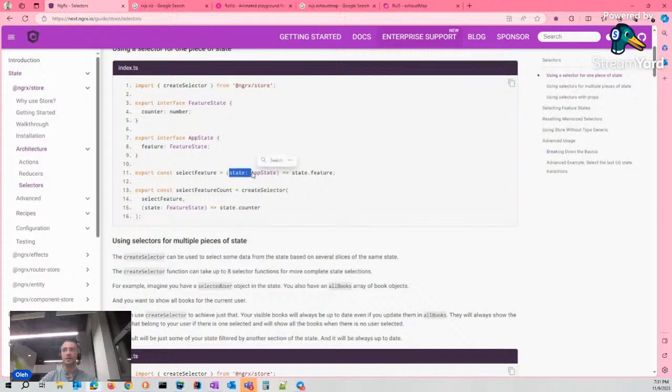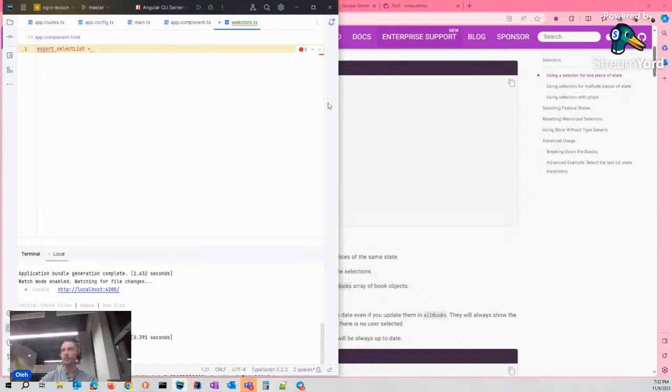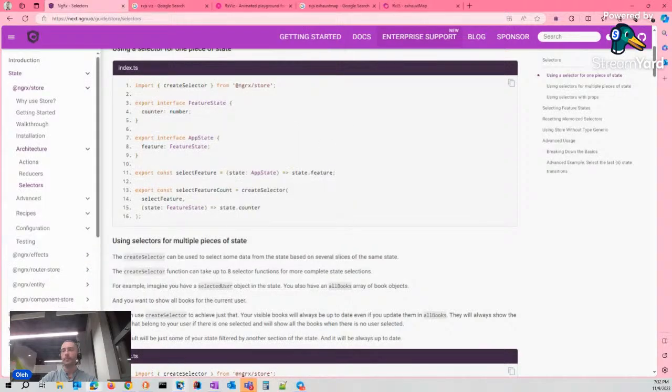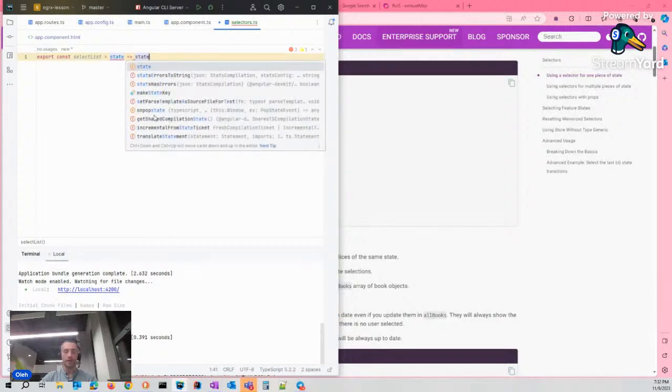It's just a function, and we imply that our first argument is our root state of the store, and we will get everything that we want to retrieve from it. State and get what we want.